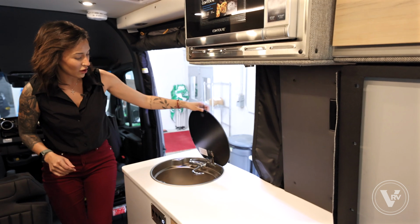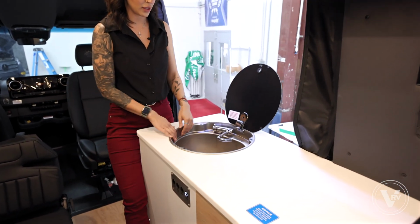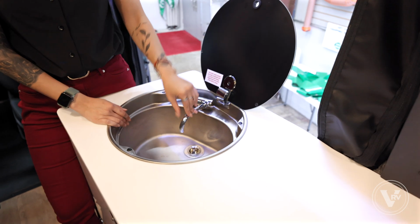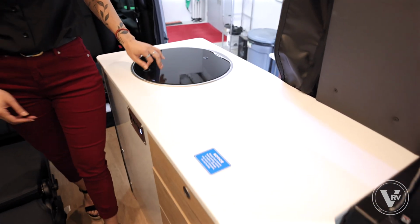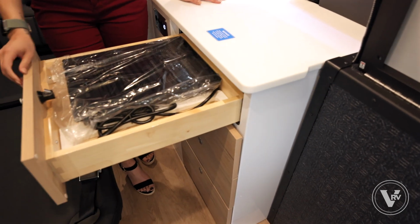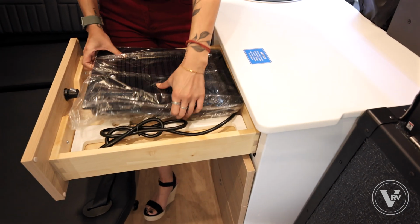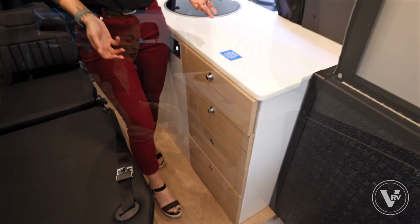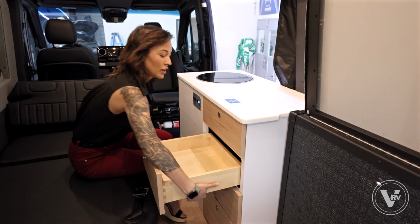We do have our really big sink in here, very deep. You have your collapsible faucet. With the cabinetry, I love it. Storyteller thinks of everything. It's soft close, induction cooktop. I love that it has its own little personal holder. It's super nice. Look at that. As I mentioned, the soft close. Here you can